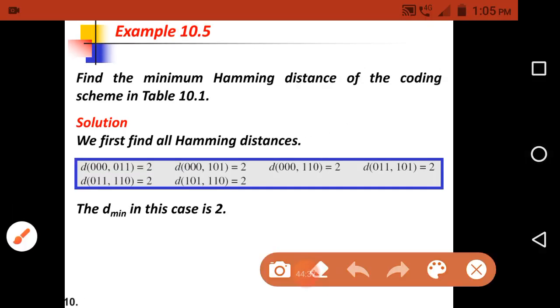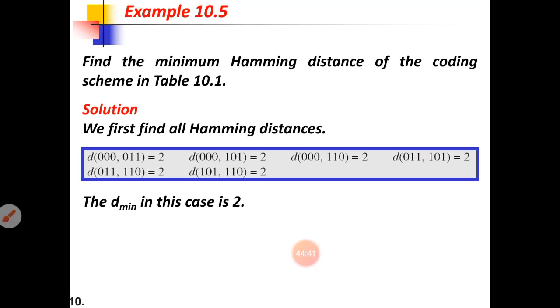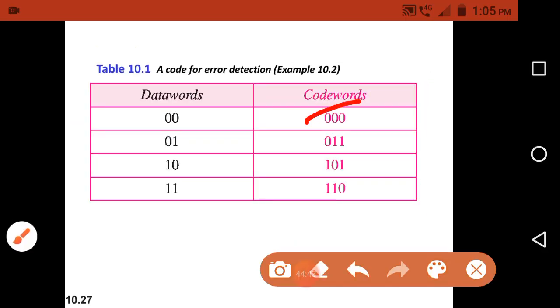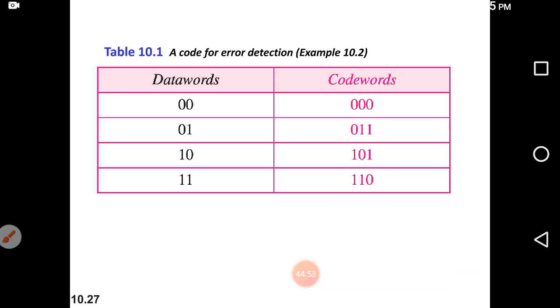Second, they have taken 0 0 0 0 0 and 1 0 1 0 1, these two. They apply the XOR operation between these two code words to calculate the Hamming distance.